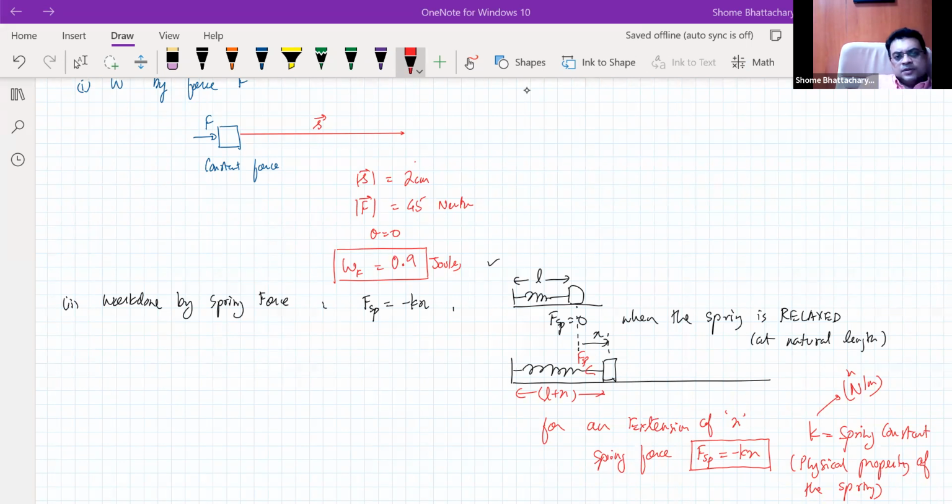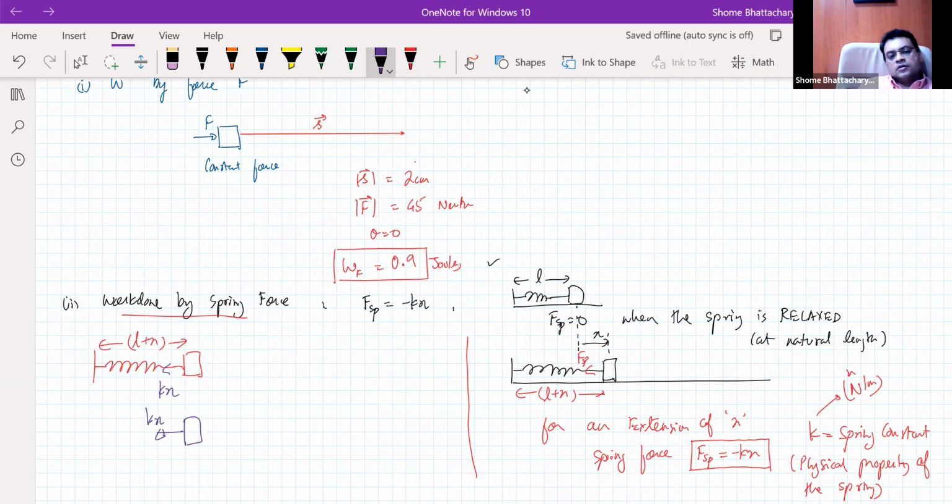Okay, so this is about spring force. Now, how will we calculate the work done by the spring force? To calculate it, you have to see that at some instant, if the spring is extended by x, then on the block the spring force acting is equal to kx in magnitude but opposite in direction. Now if the block makes a small displacement from here to here,